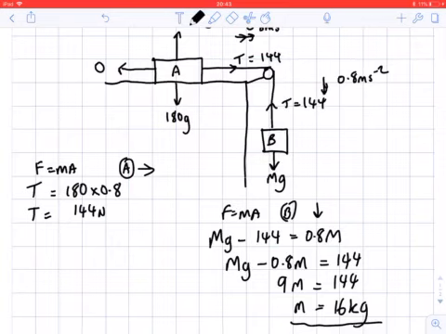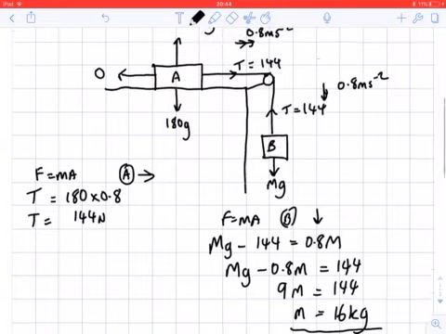We can also talk about our light inextensible string, as we've talked about before, keeping tension constant across the system, so we can compare both elements of the mass and the truck. The pulley being smooth again keeps tension constant, and then there's the inextensibility of the string. All these things